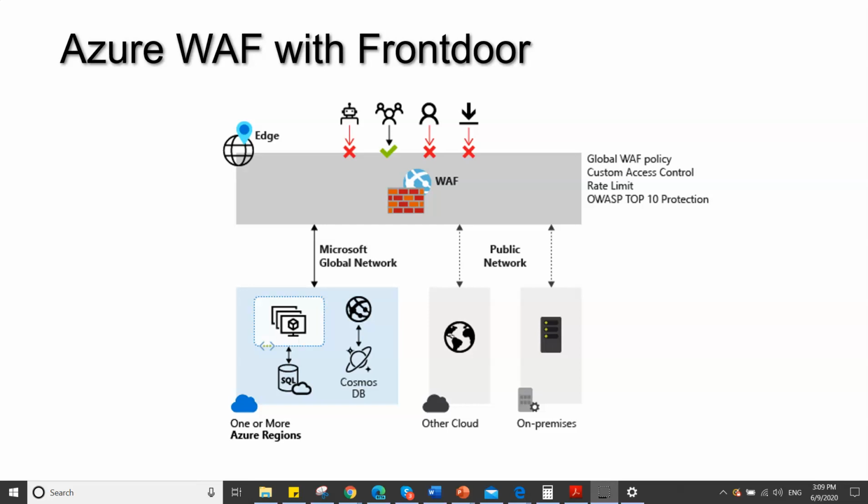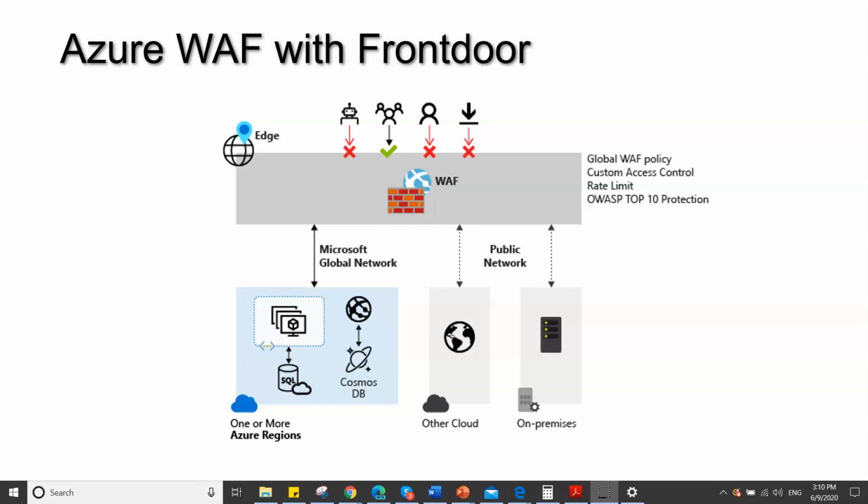As it is the centralized front door, if you enable a firewall there, it gives you centralized protection for all your web applications across all your servers and subscriptions. So web application firewall on Front Door is a global and centralized solution.